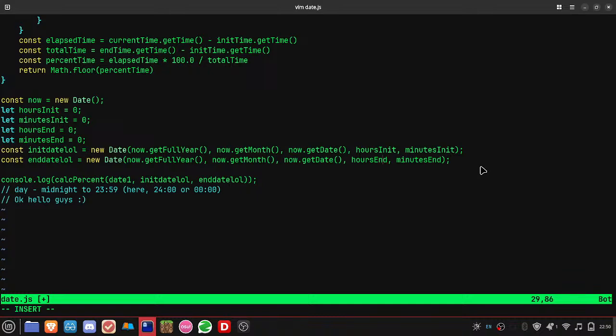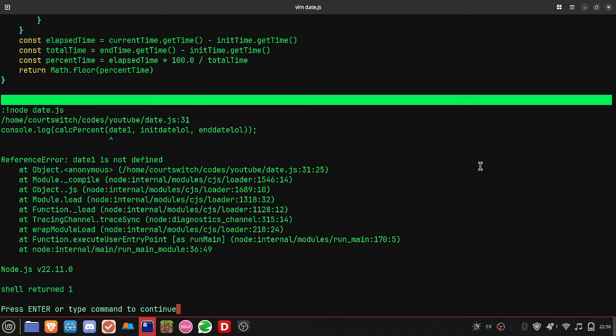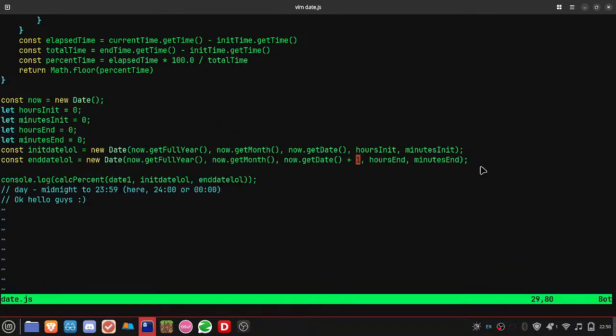There is one more thing to do. That is, we will do something like this. Okay. What did we have? Node date.js shall return 1, because what is this date 1? There is nothing called date 1. Now we need to use now. Okay. Yes. And now